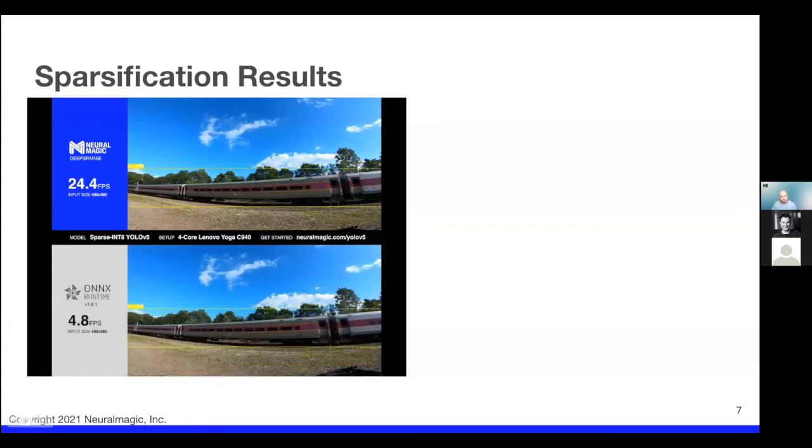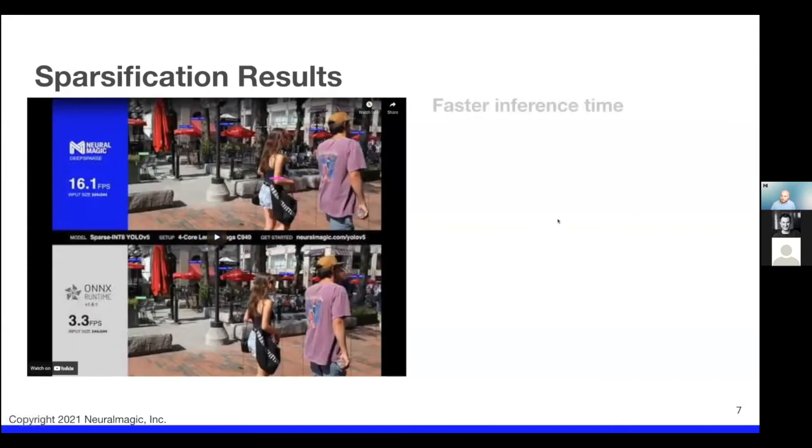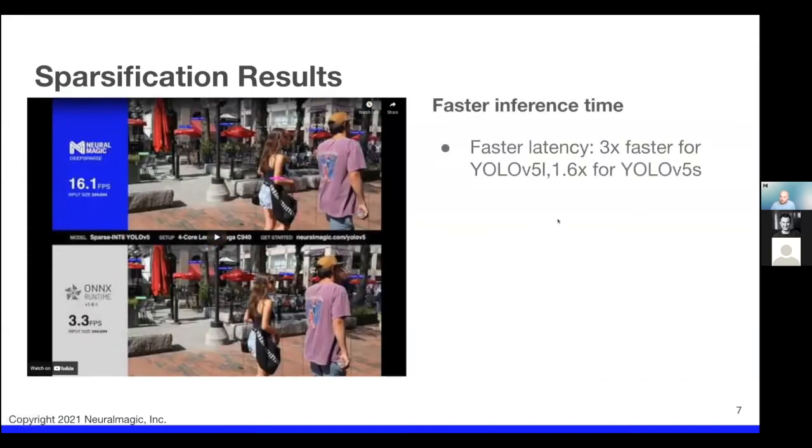Onyx runtime and PyTorch are running about the same speed on CPUs for this implementation. And so, to give some better numbers, so faster inference time. For latency, batch size 1, and running this on a 24-core server, we actually get 3x faster for YOLOv5L and 1.6x for YOLOv5S. This is comparing our sparse implementation to the dense implementation within the neural magic engine within